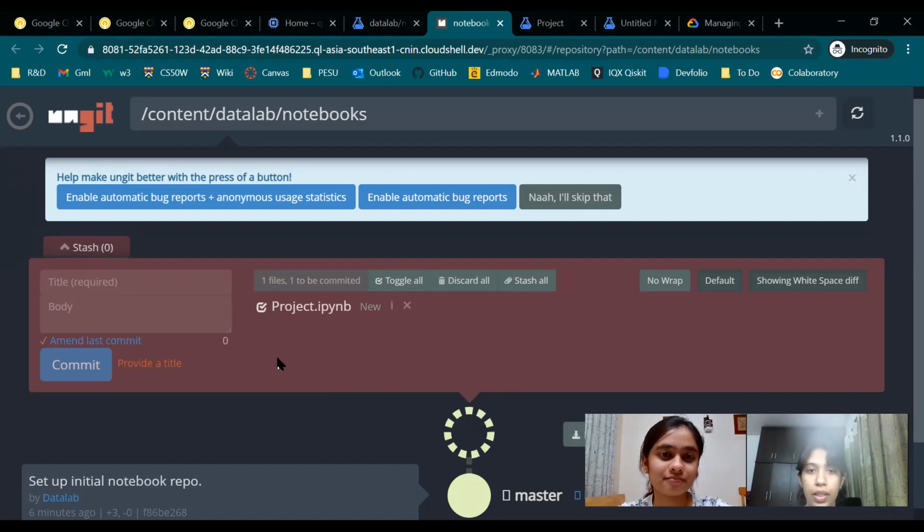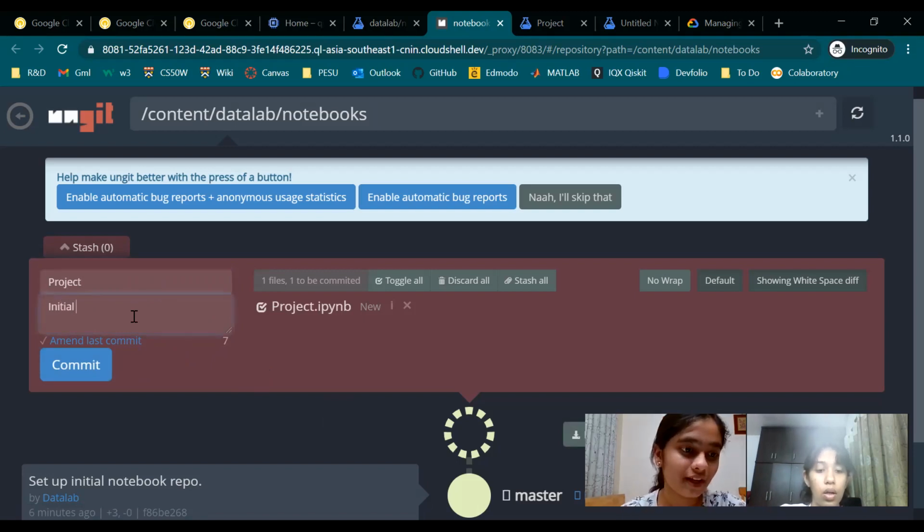On their own remote PC. So this last commit was basically when we just pasted the code. You need to give a title. We need to make a change, right? Okay, I'll just say, should I say project? Yeah, fine. This is the body? This is a commit message, so you can give anything.